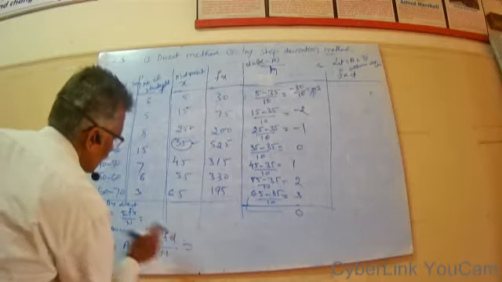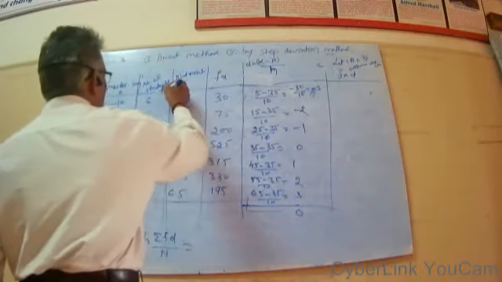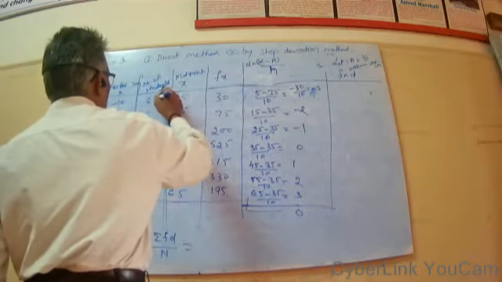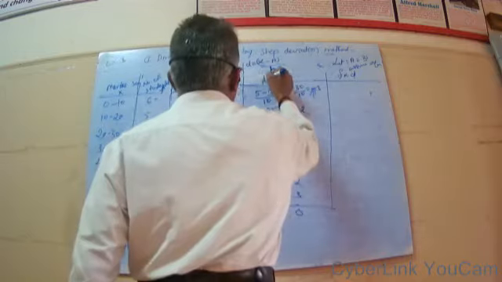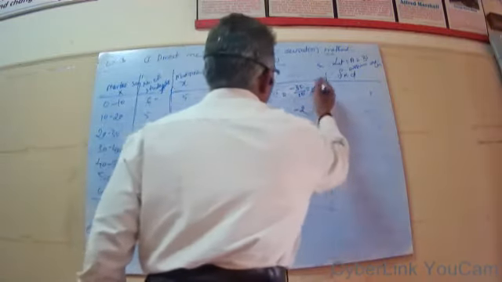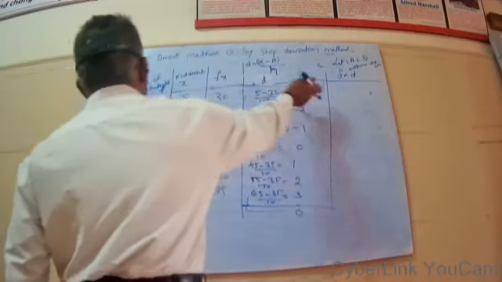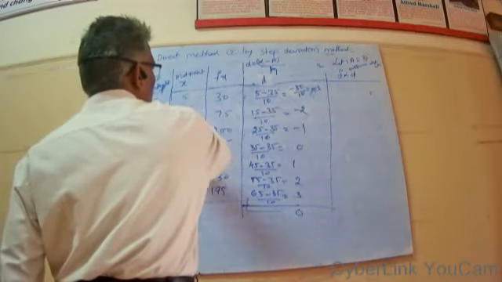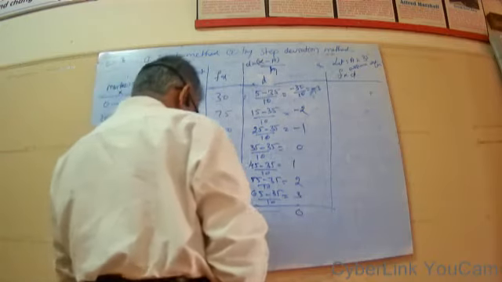So you use this fd here. We need f into d. What is f here? f is as usual. This is f into d, where d means deviation. This is d. d is here minus 3. f into d. So minus 3 into f, minus 3 into 6 is minus 18.